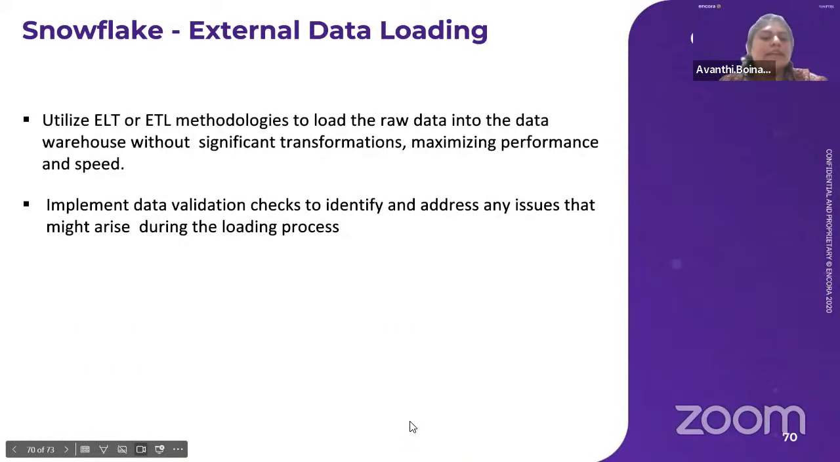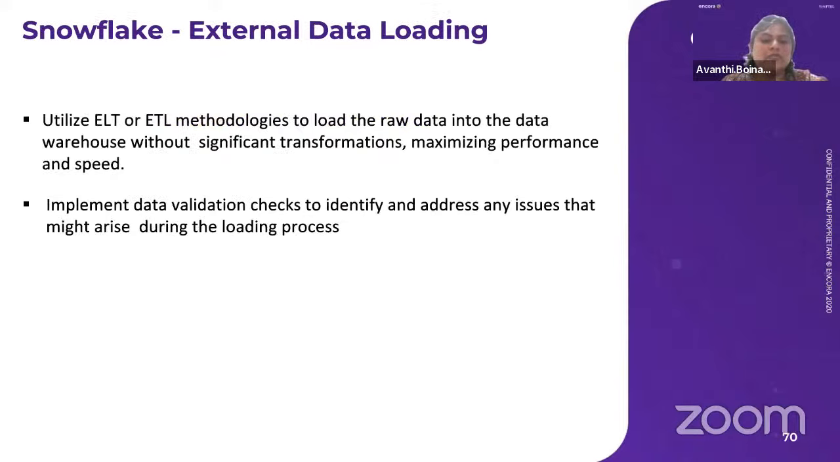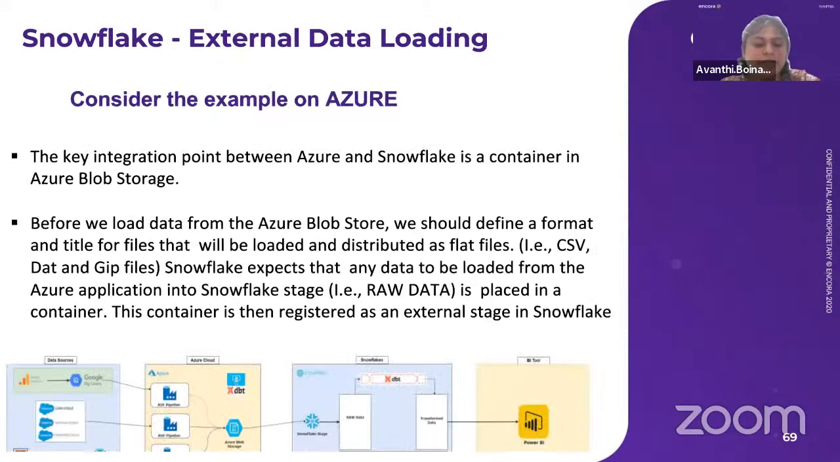Use ELT or ETL methodologies to load the raw data into the data warehouse without significant transformations. Implement data validation checks to identify and address any issues that might arise during the load processing. So this is how it works: extract data from the GA4 source to blob storage using an ADF pipeline, as I have shown before, and this raw data will be moved to the Snowflake stage by passing